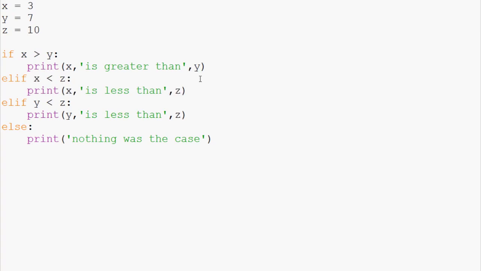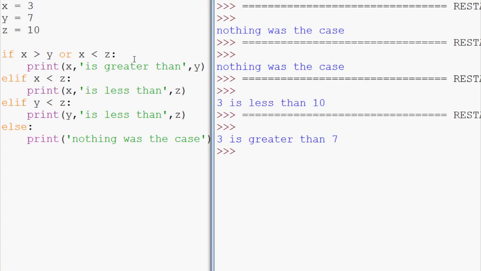Now, what if you want to combine multiple ifs and ELIFs, and you want them to be contingent on the multiple ifs? This is also possible. You might think, okay, if x is greater than y, or x less than z, something like that, right? Let's see if that would run. So we save and run that, and we get 3 is greater than 7. Well, we actually meant,